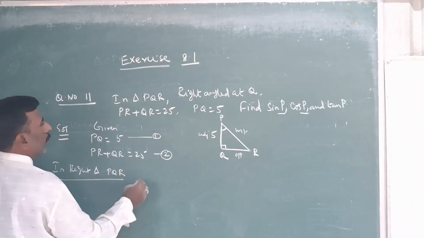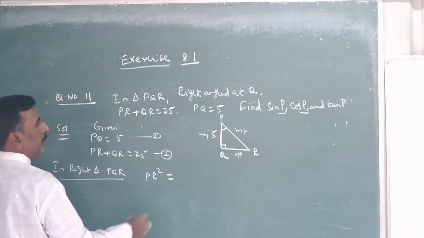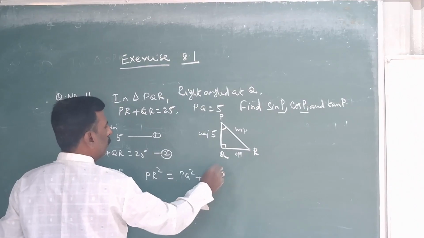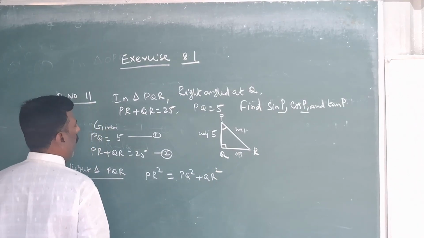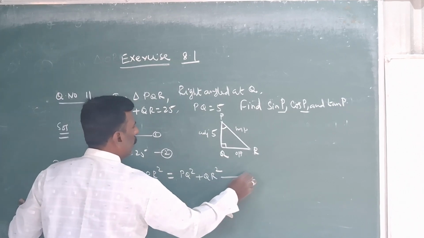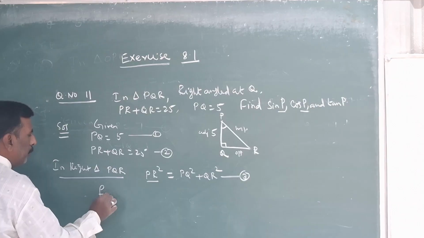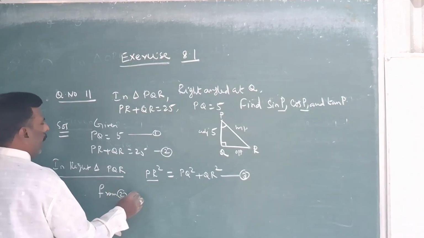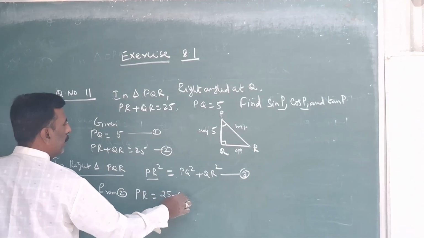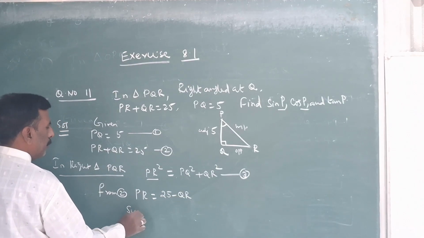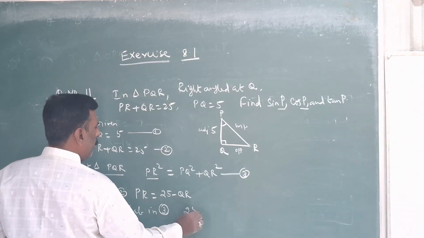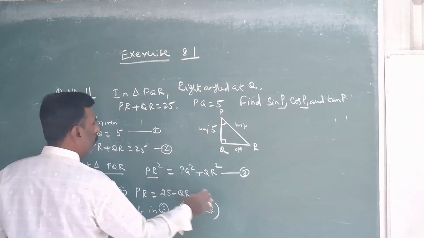Okay. In right triangle PQR, PR square equal to PQ square plus QR square. PR square is hypotenuse. Now I am going to replace this PR. This is equation number 3. From equation 2 I am going to find PR. Bringing QR to this side, PR is 25 minus QR. Substitute this in the third equation: 25 minus QR whole square